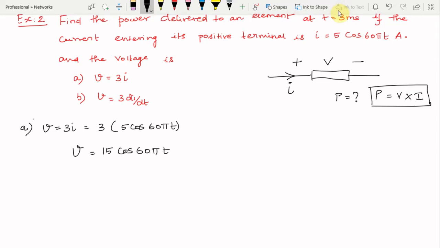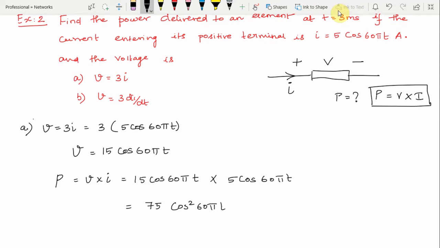Now to calculate the power, P is equal to V into I, which will give 15 cos 60 pi t into 5 cos 60 pi t, which will give you 75 cos square 60 pi t. This is the expression for power